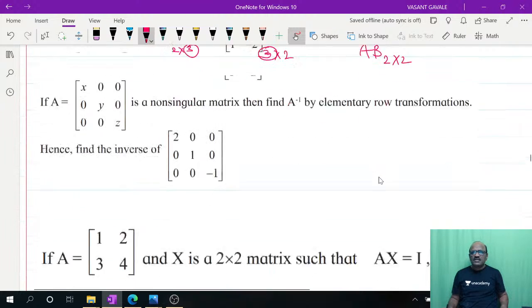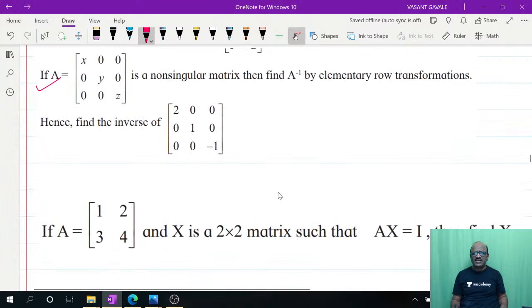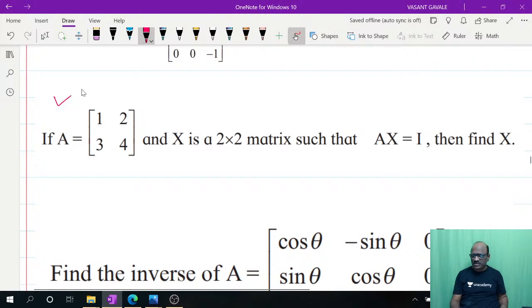Okay. Next या टाइपचे क्वेश्चन्स तुम्हाला एक्सरसाइज मध्ये देखील बघायला मिळतील. ओके. A is the matrix diag(x, y, z), that is x 0 0, 0 y 0, 0 0 z, then find out its inverse. Okay. Then 1 upon x, 1 upon y, 1 upon z, that is its inverse, and you will get their reciprocals. हा देखील क्वेश्चन इम्पॉर्टंट आहे. बोर्डाच्या परीक्षेमध्ये या टाइपचे क्वेश्चन्स विचारलेले आहेत.